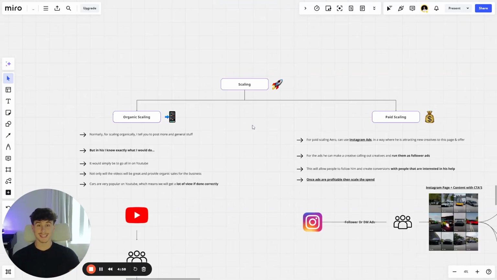So now onto the scaling, right? And this is one of the strategies we use also for our clients. Once we actually have a course or program that works, we have students coming in, they're having good results, it's now time to scale it. So how can we get the most amount of people inside the program to impact the most amount of people and therefore get the most amount of money in the business, right?